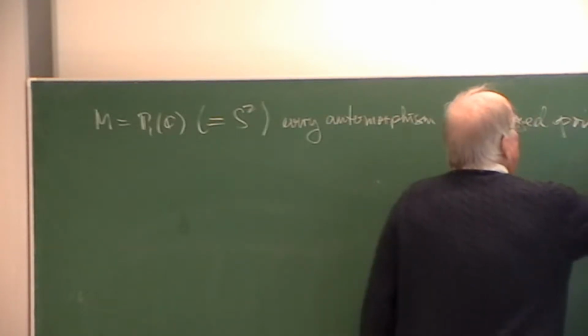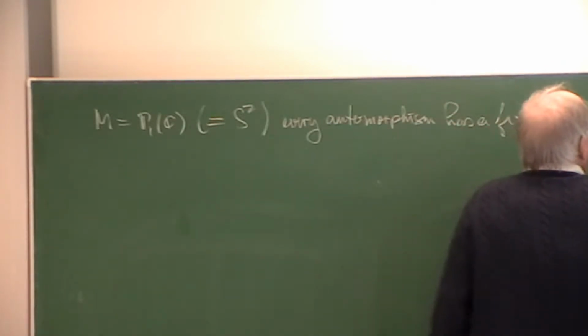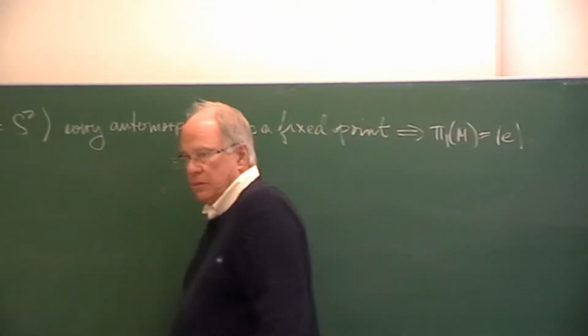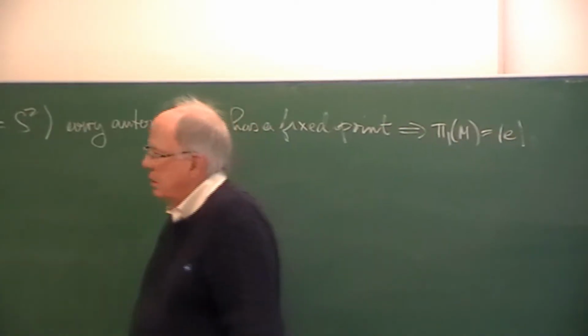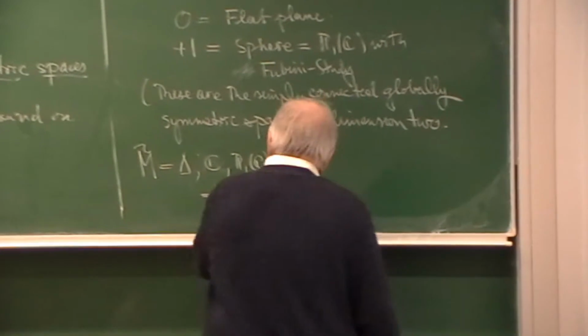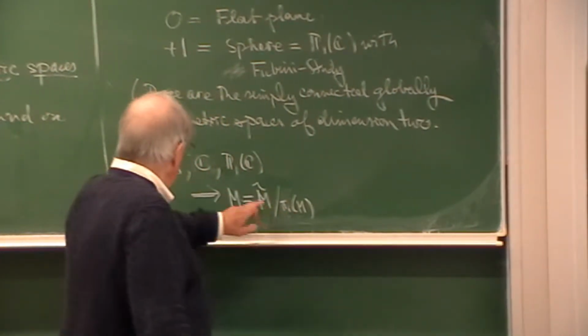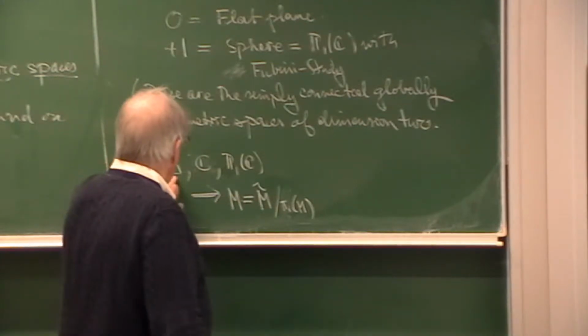And therefore, pi 1 of M in this case is trivial. I mean M tilde modulo the fundamental group. M tilde is so